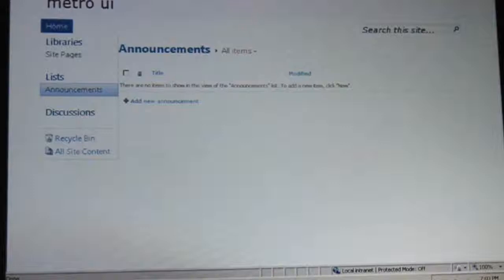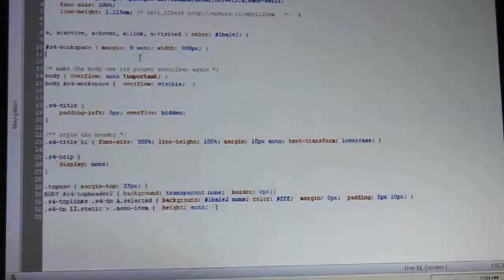So I've made quite a few CSS changes. Instead of doing all these line by line, just replace that. I've made changes to the top navigation, the search areas